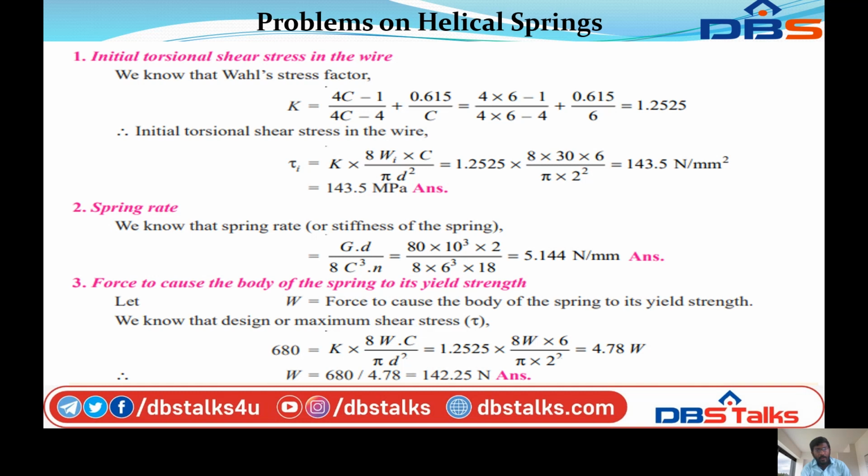So in this problem we calculated the initial torsion shear stress of the wire. Next we calculated the spring rate and the force to cause the body of the spring to reach its yield strength. So next problem,